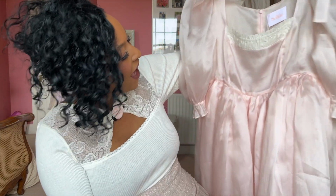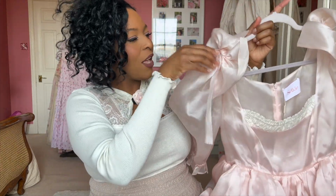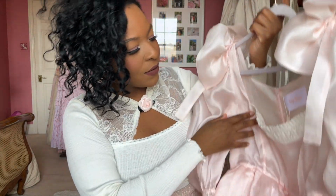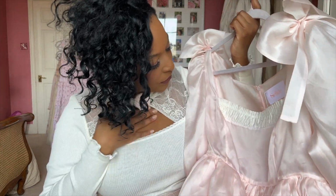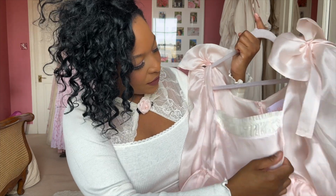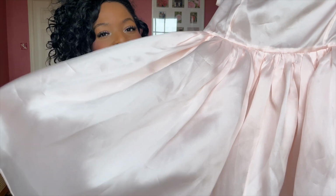But I found this and I love it. It is utterly gorgeous. We've got the bow detailing on the sleeves. On the bust, we have this white, I don't know what you would call it. It's a detail that makes it look as though you've got a white cotton vest underneath. Look how gorgeous